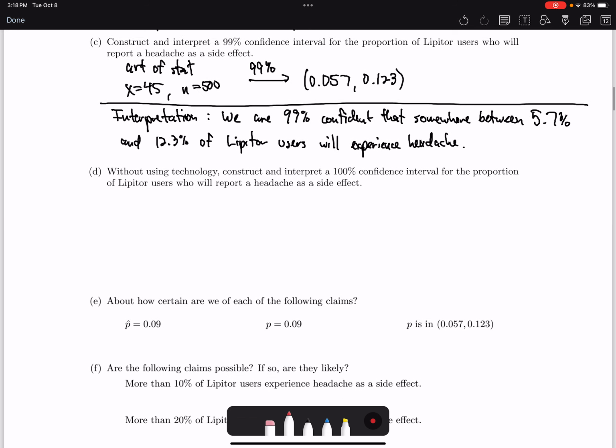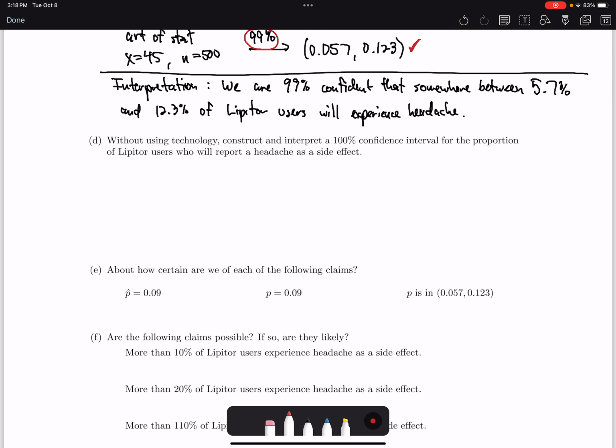With that in mind, Part D asks us to, without using technology, construct and interpret a 100% confidence interval for the proportion of Lipitor users who will report a headache as a side effect. And if we want to be 100% sure that our interval contains the true population proportion, well, then we would just say that our interval would go from 0 to 1. In other words, we are 100% sure